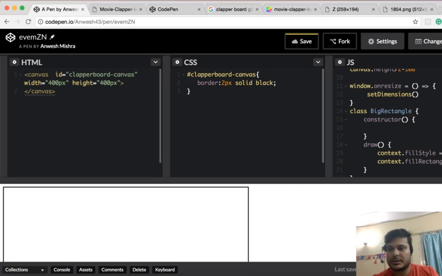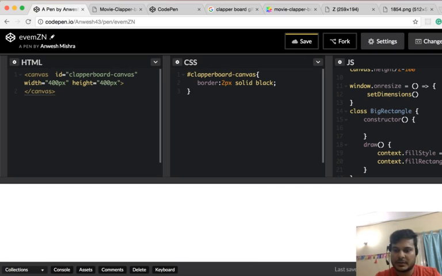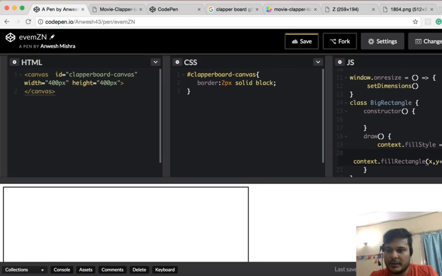Now let me draw this thing. Since you can see the clapper, this big rectangle starts after these two bars are drawn, and I want the bars' height to be around 20 each, so 40 in total. The bigger rectangle's height will be 160, and it will start after the two bars. So its y coordinate will be y plus 40, the x coordinate will be x, and the width is 200 and